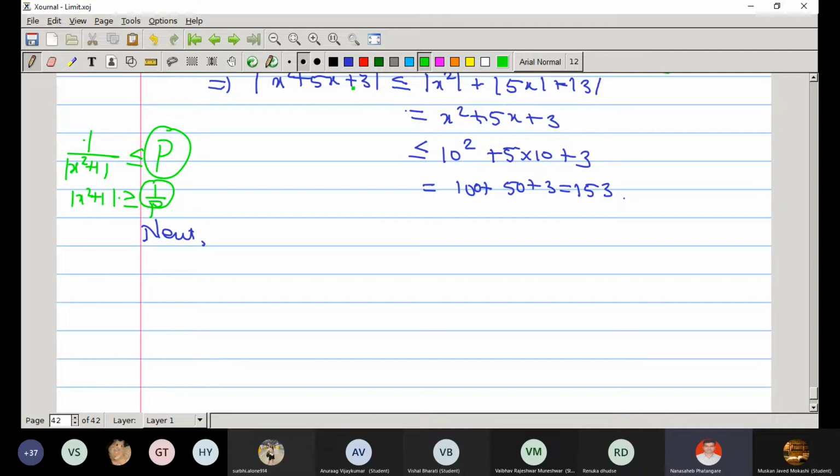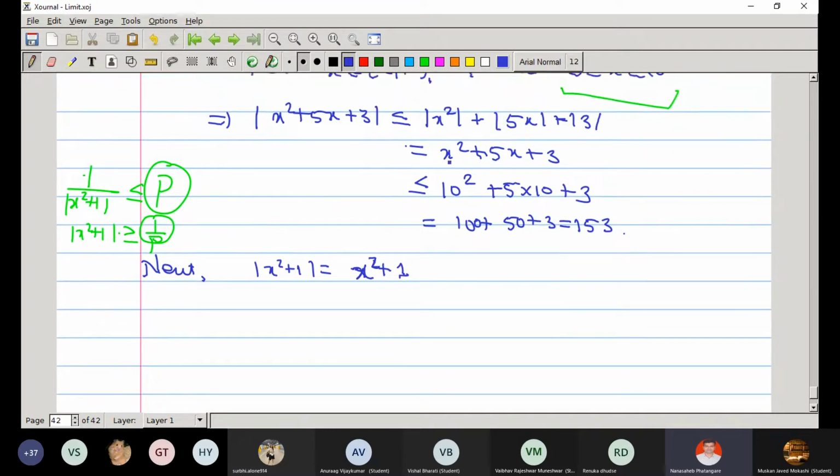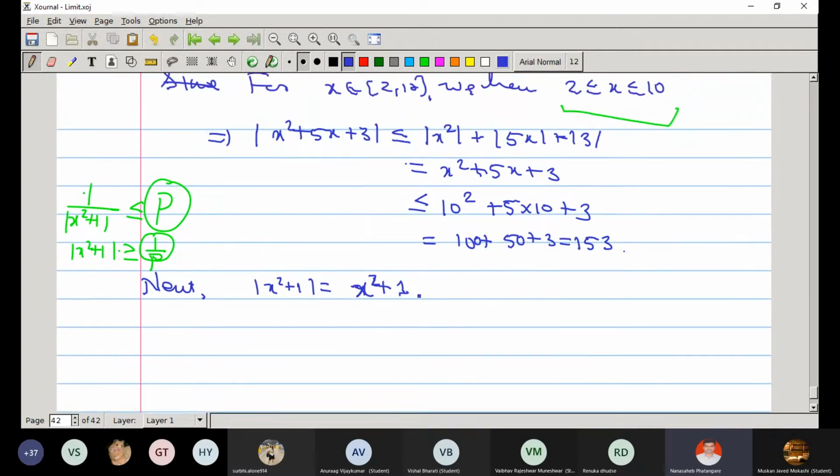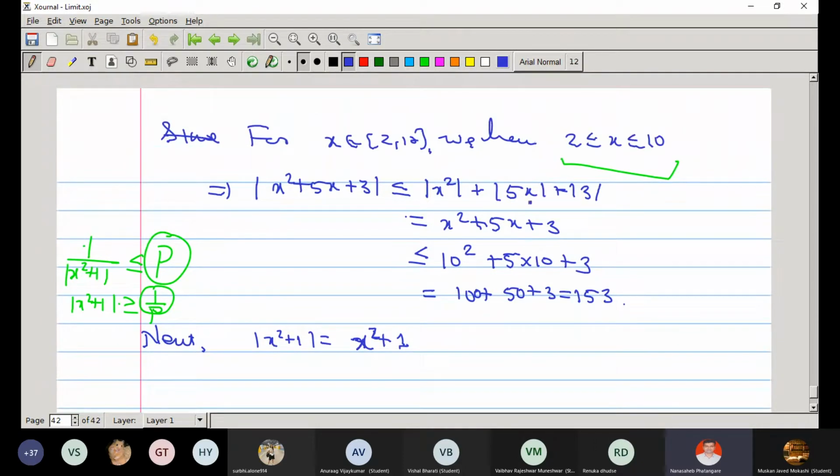So the absolute value of x square plus 1. Since this quantity is positive, there is no need for the absolute value sign. And x square plus 1 in this range, right? The range for x is 2 to 10. And what is the least possible value of x in this range? 2. So 2 square plus 1, which is 5. If you choose the smallest value, the quantity will be smaller,